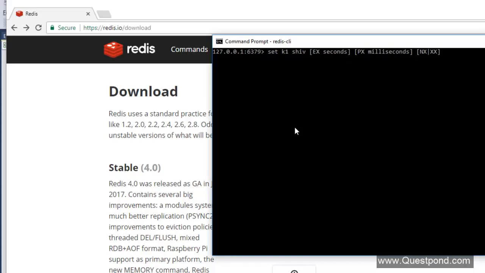If I press enter, it says OK, I have set a key called K1 with the value Shiv. If I want to read it, I can just say get K1, and that reads it. So remember, if you want to set a value inside the Redis cache, you need to use the set command, and if you want to read from the Redis cache, you can use the get command.